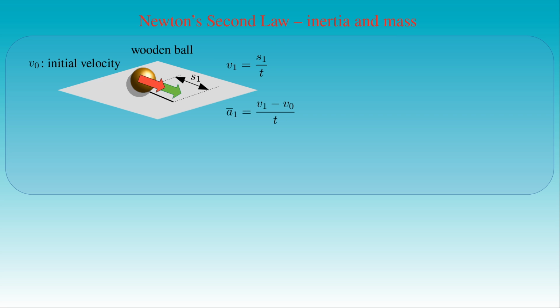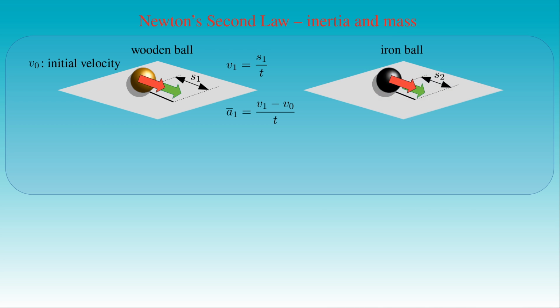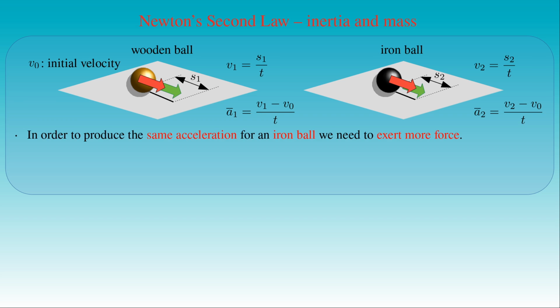We can repeat this experiment with an iron ball of the same size as that of the wooden ball. If we apply the same force to the iron ball as in the case of the wooden ball, then the iron ball will travel a smaller distance s2 in the time interval t than the distance covered by the wooden ball. The velocity v2 of the iron ball is given by s2 divided by t, and it is less than the velocity v1. As a result, the average acceleration a2, given by the ratio of v2 minus v0 to t, is also smaller than the average acceleration a1 of the wooden ball. Then we need to apply more force so that the iron ball could move with the same acceleration